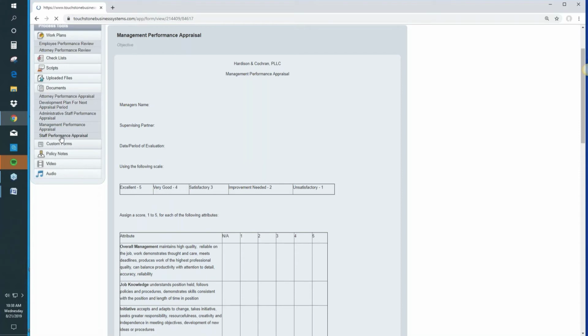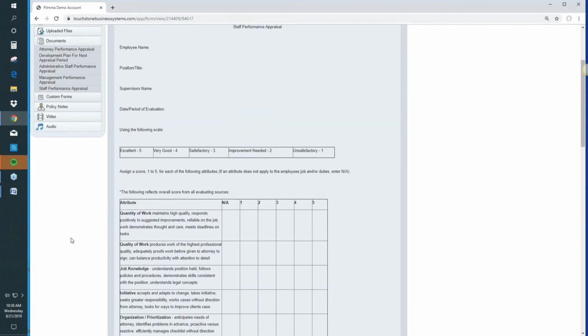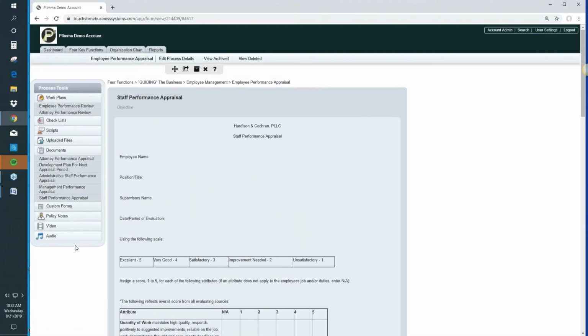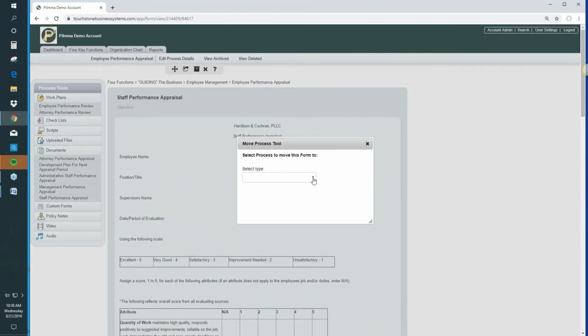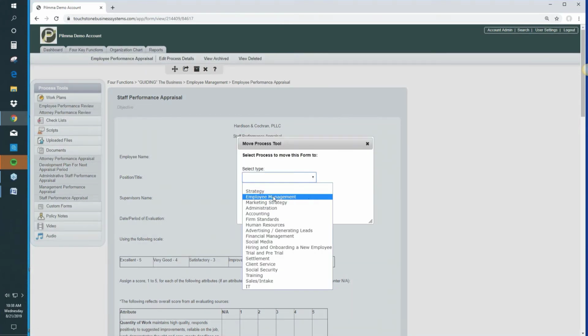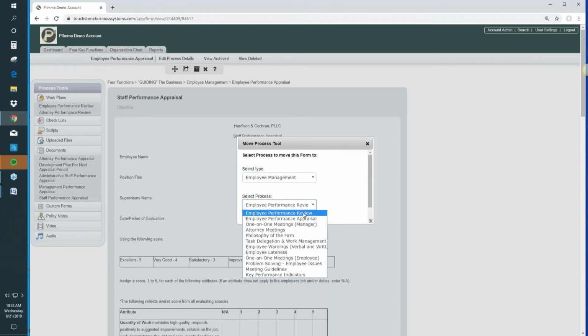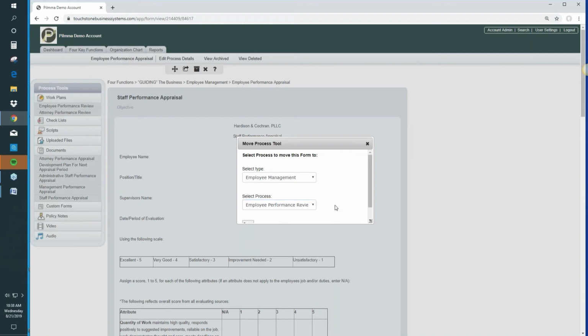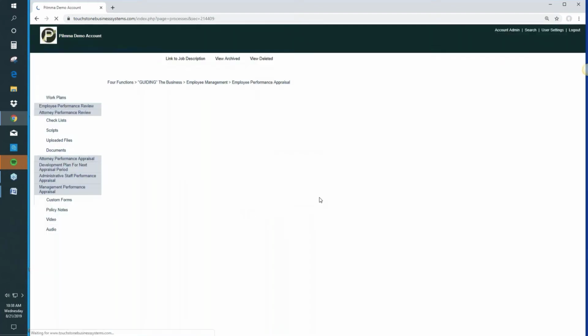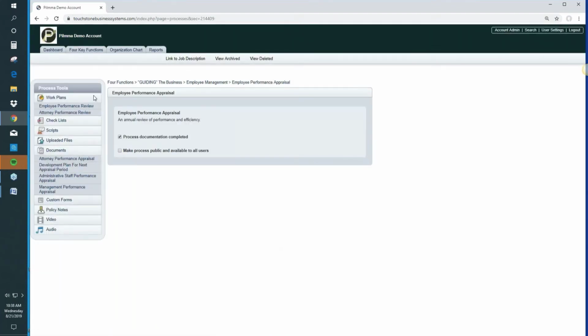And then here's another one called Staff Performance Appraisal. So again, with all this stuff, if you're looking at any of this and you like it, you just go here, little move icon, hit the drop down here. I know the process I want to move it into is in the employee management subfunction. There it is right on top, Employee Performance Review, and then I save it. So once you've emptied this process of the things that you want from it,